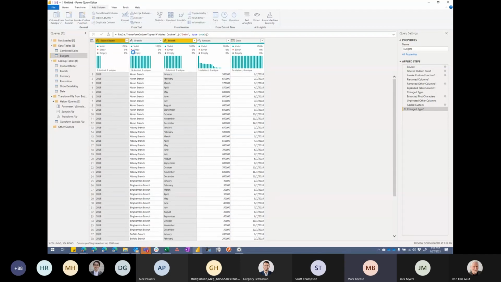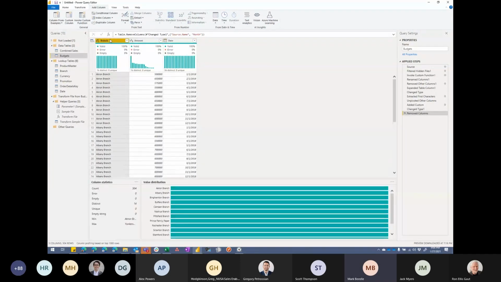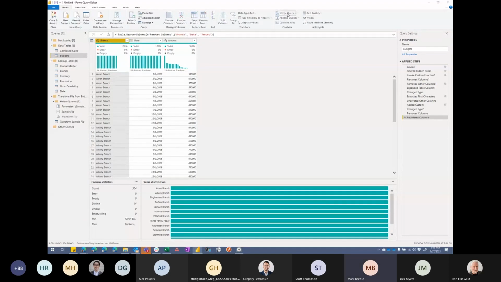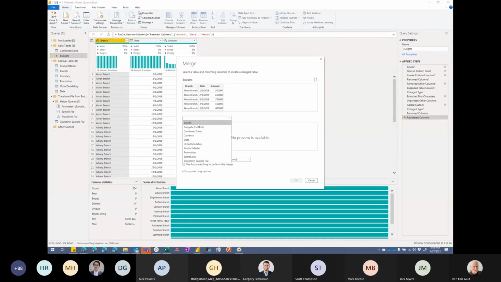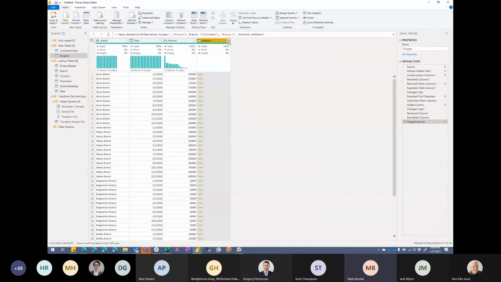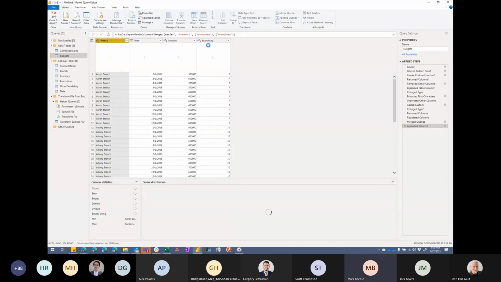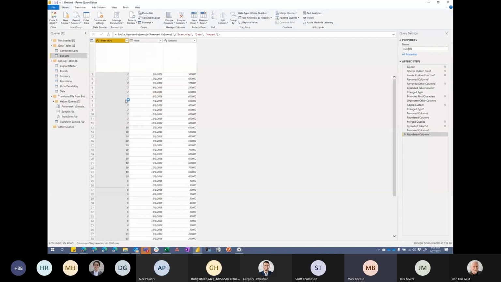Get rid of these. And then I need that surrogate key. I got to have that integer over here instead of that branch name. So like I did before, let's merge with branches. Branch equals store name. Fork in the road button. Let's grab our branch key. Let's get rid of the branch column. There we go. I got 2 data tables, 5-ish lookup tables. I'm going to close and apply.